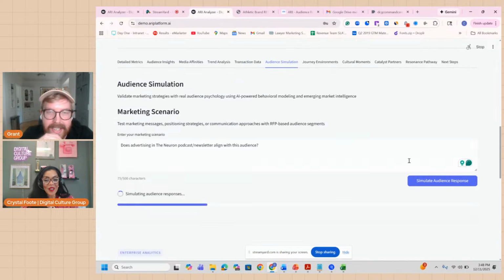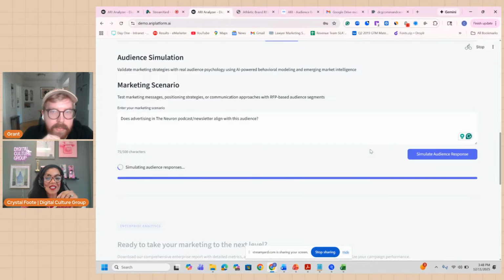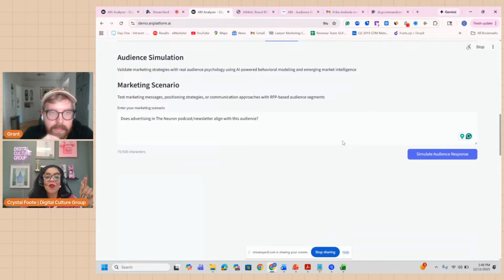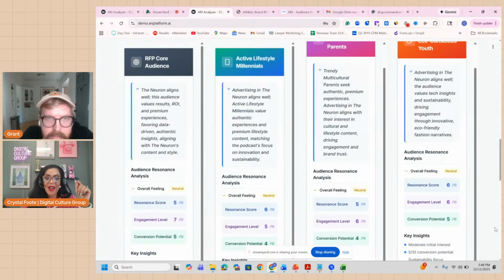So there are 3 outputs you can get. You can get positive, you can get neutral, and you can get concerned. So right now, what Ari is doing is testing the core audience, the 2 growth audiences, and the emerging audience to see how they feel based on psychographic information. So all of them are feeling neutral, and advertising in The Neuron aligns well.